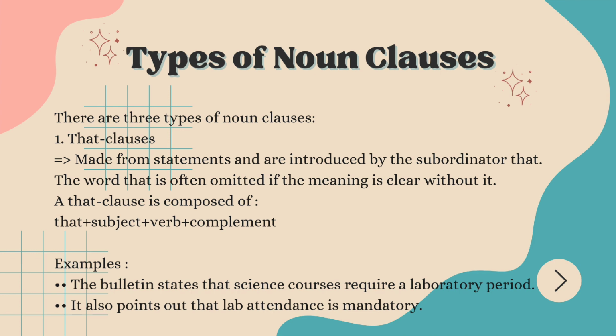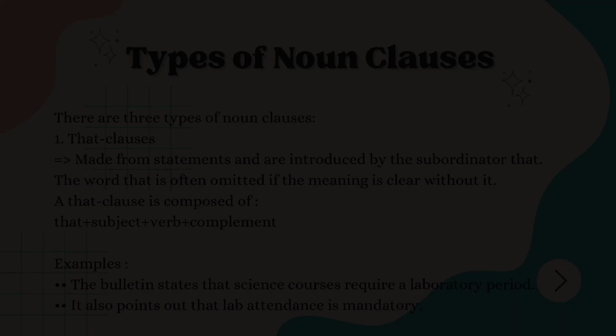For example, the bulletin states that science courses require a laboratory period. Underline the "that" in this sentence. It also points out that lab attendance is mandatory. You have to underline "that" in this sentence because that is the main clause. The second is